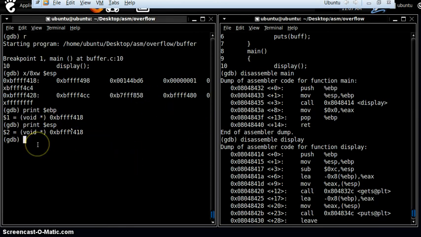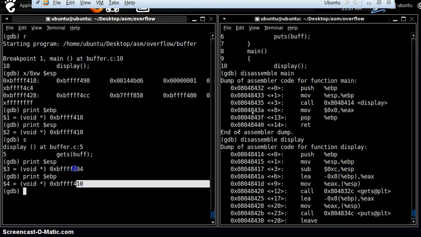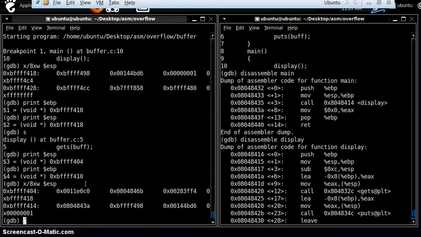Okay, so let's step over. Let's print ESP and EBP both. So stack pointer is at 404, EBP is at 410. Basically, the stack pointer over here has been pushed on to EBP. So now EBP is containing the new value, which is 410, and of course the stack pointer has moved somewhat downwards, which is higher in stack. So let's query what all things our stack is carrying as of now.